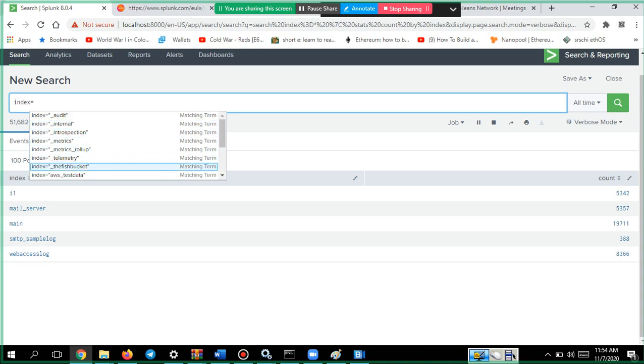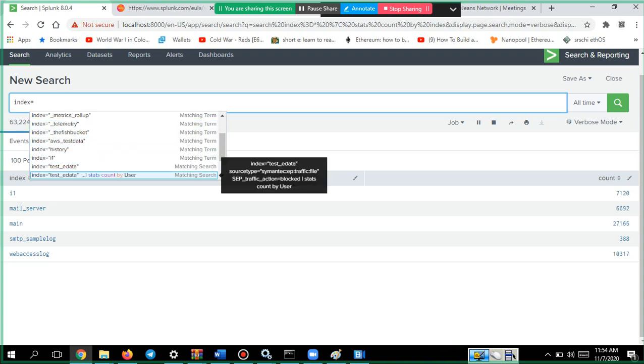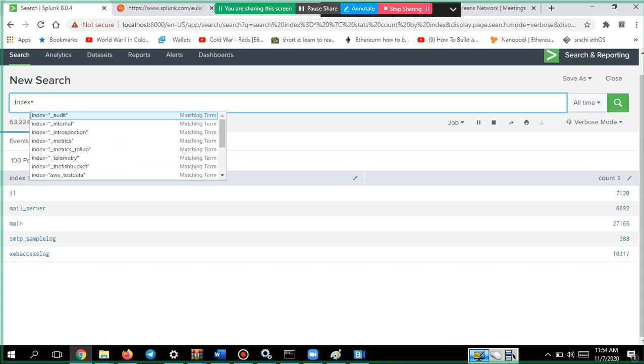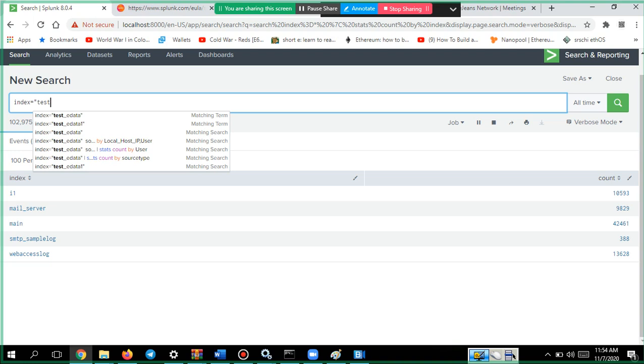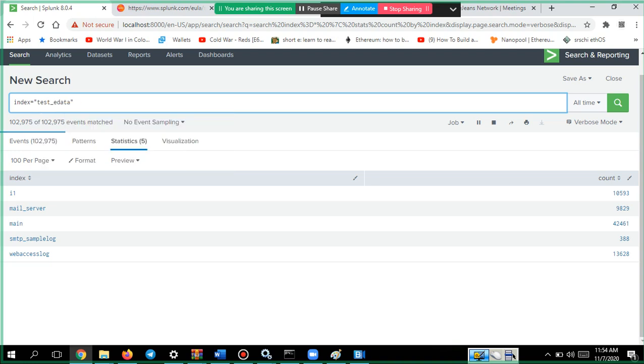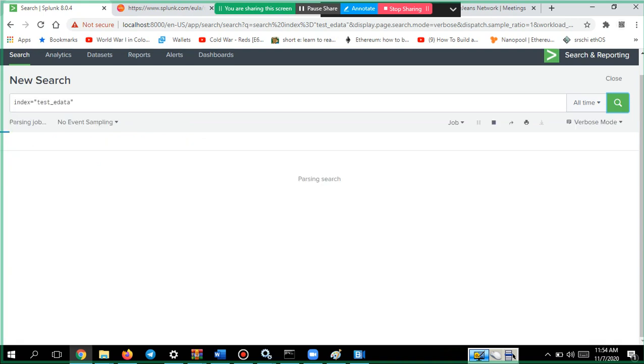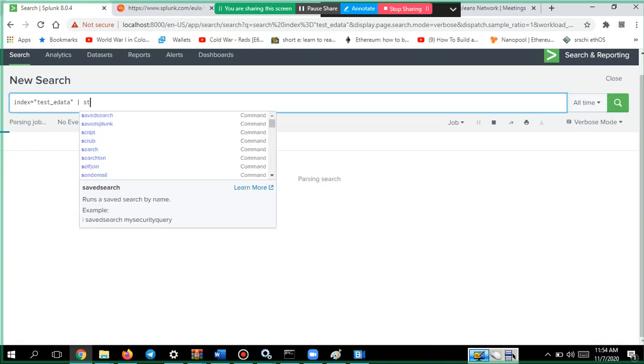See, all these are indexes. Testy data one, web access, the AWS test data, all are different indexes. In them, I'm selecting test data. Okay, in that, logs are there.